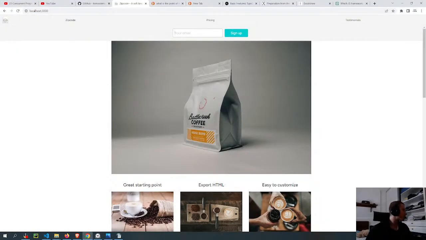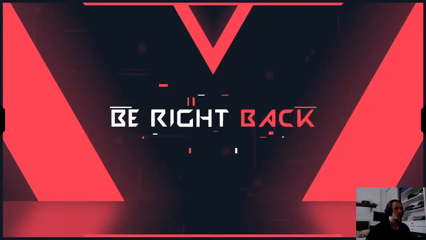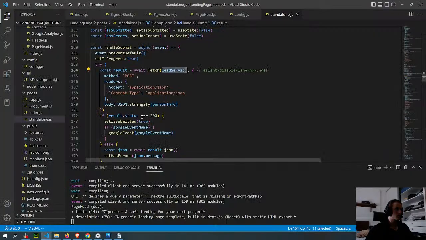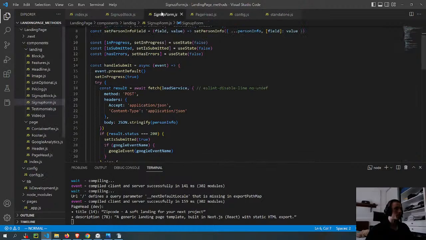Let me try to put a random email and see what happens. App landing page not found. Maybe this is related to when you put the email, but